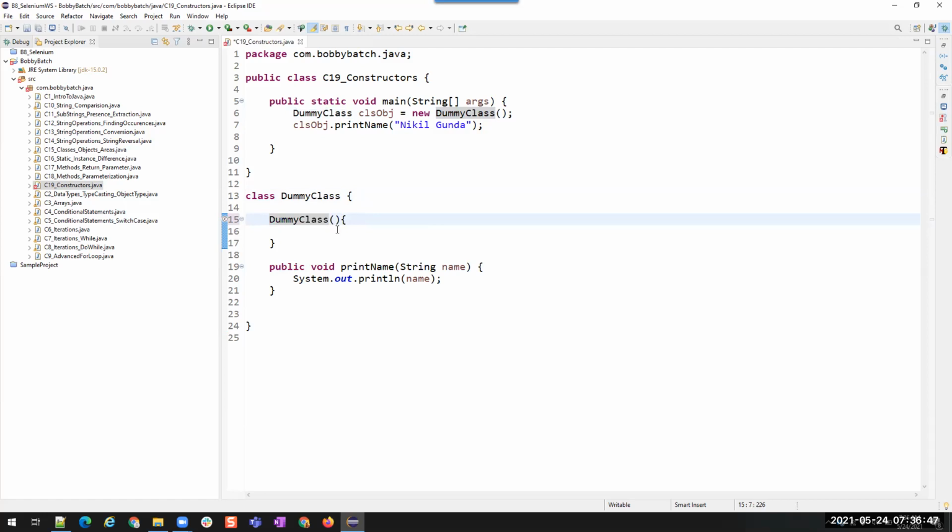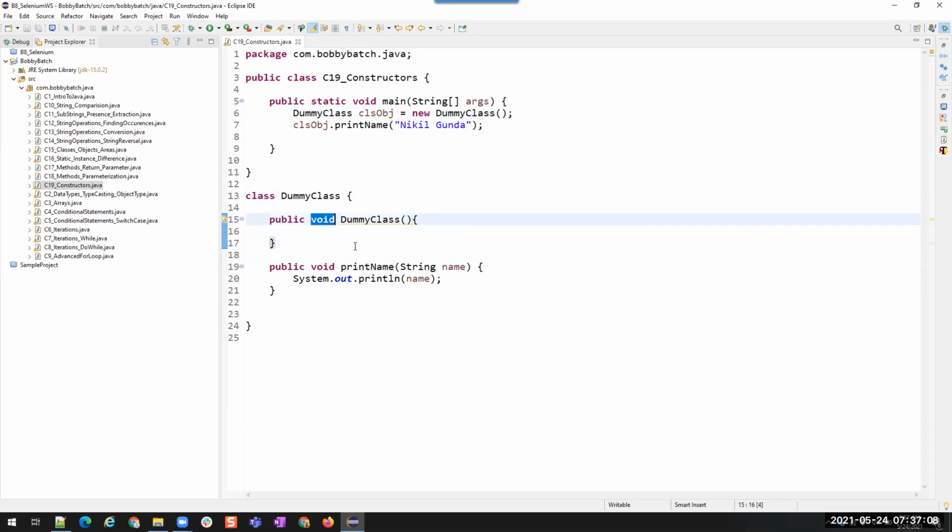A constructor does not return anything. That is why we are not going to use void. If it is public, that's not a problem. But since this does not return anything, even if I mention void, it will throw an error.